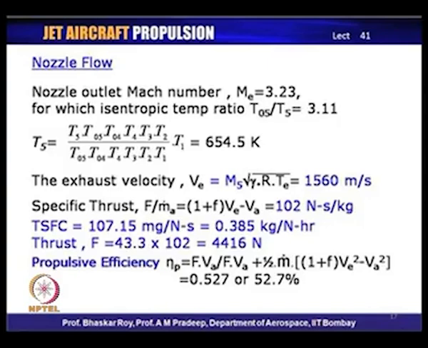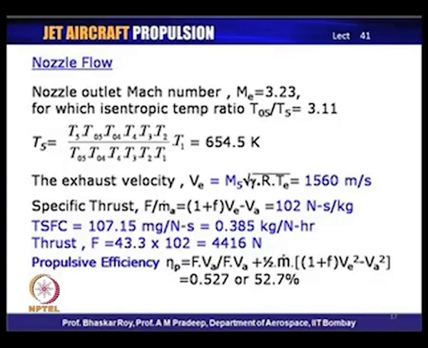So, the propulsive efficiency of a scramjet is not much larger than that of a typical ramjet engine, it is of the same order. So, the specific thrust that we see here is somewhat of a lower order,